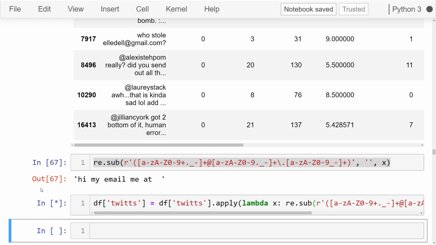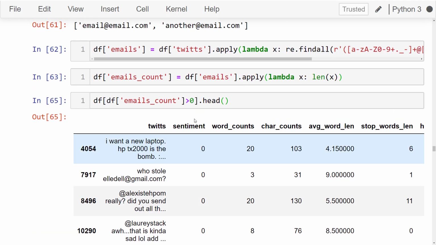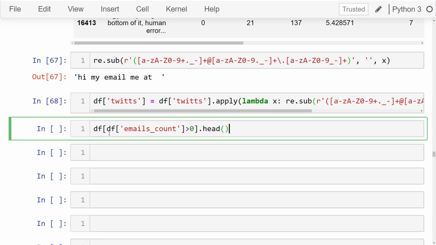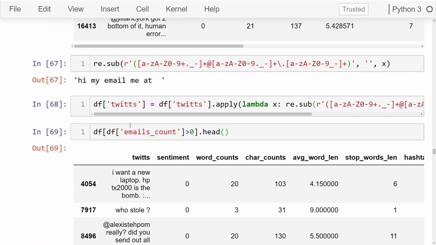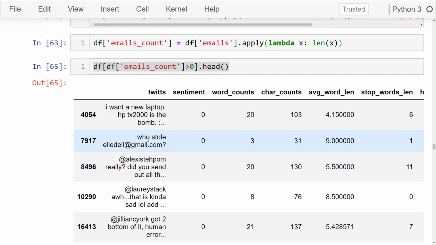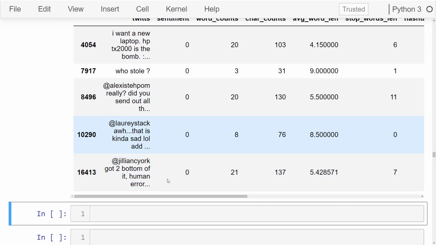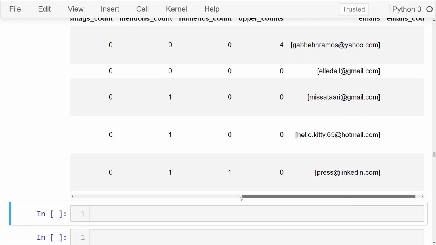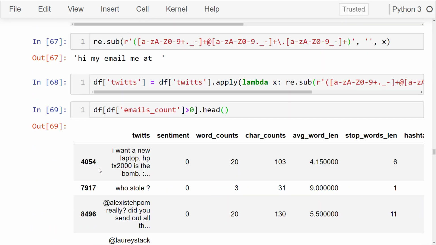So now you see it will remove all the emails from this text data. And again we can see here this one to understand if those emails are removed actually or not. Now if we run this, you see the emails are removed from the Twitter data. Earlier the emails were there, like "who stole" followed by an email, but now it is just "who stole". The emails and the email counts are already stored in the other columns, emails and emails count. All right, so this is how you can calculate the emails and